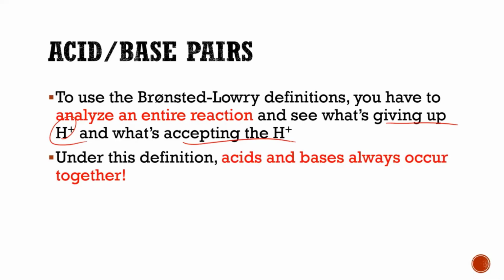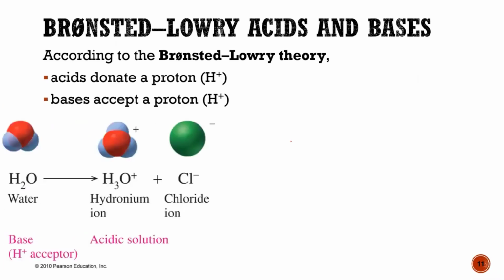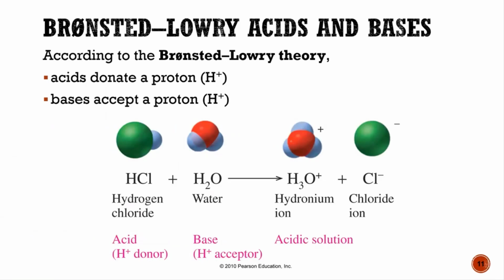So you can't have one without the other. You have to have an acid with a base. Acids donate a proton, bases accept them. So if I look at this particular example, if I throw HCl in water, this is my chloride ion, and here is my hydrogen. Now, there's a set of lone pairs on this water molecule, and the chloride and the hydrogen